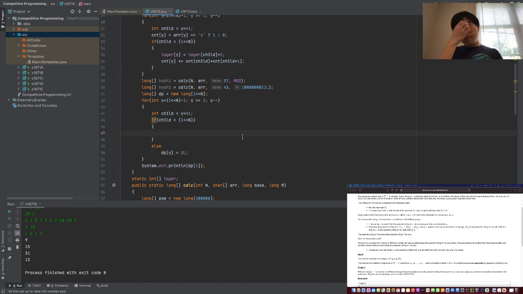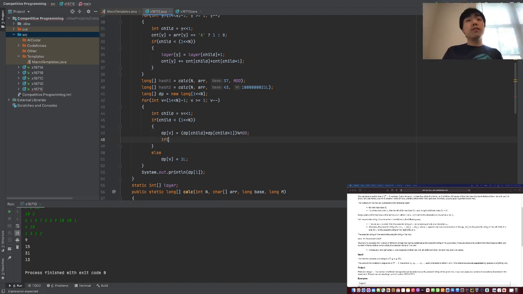Otherwise it's dp at v is equal to dp at child times dp at child plus 1 mod, if hash 1 at child is not equal to hash 1 at child plus 1, or if these hashes do not match, in other words they're not isomorphic, then